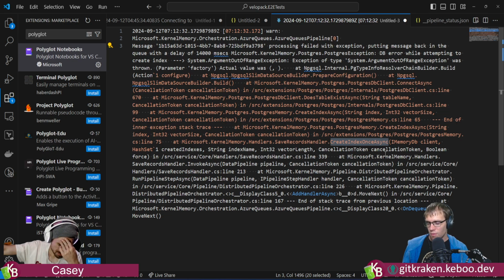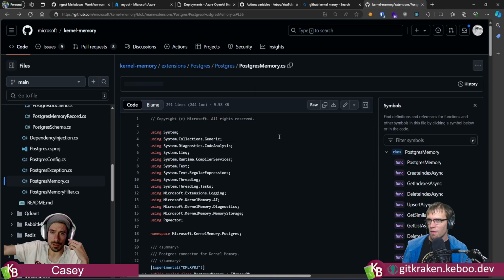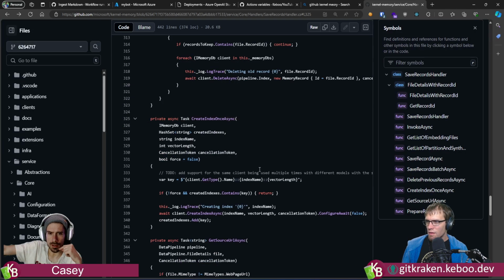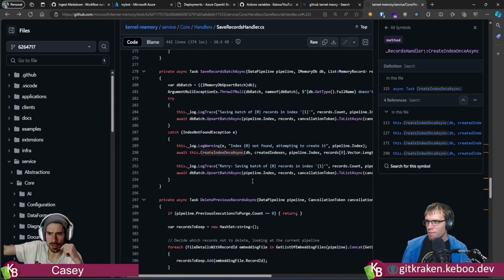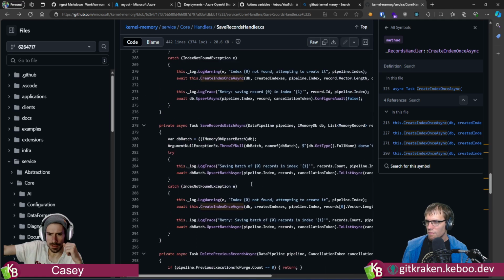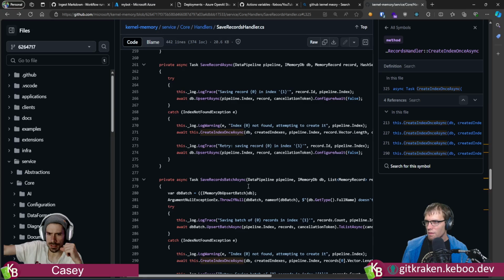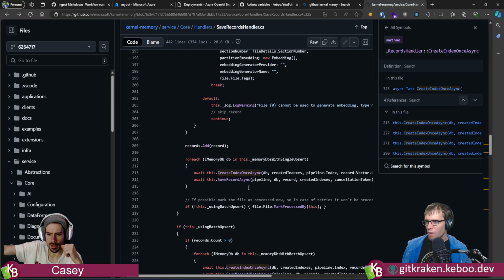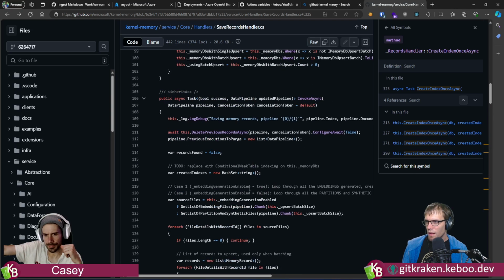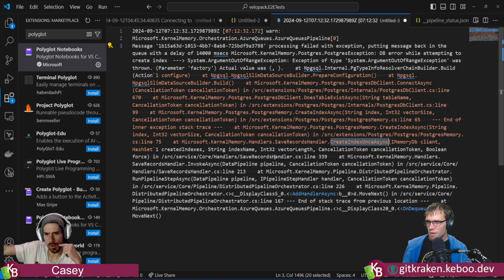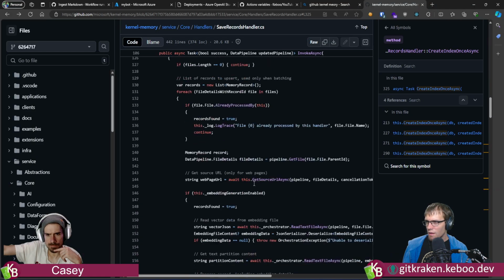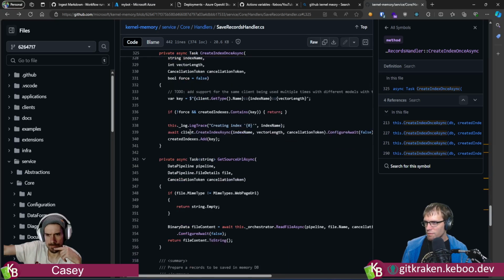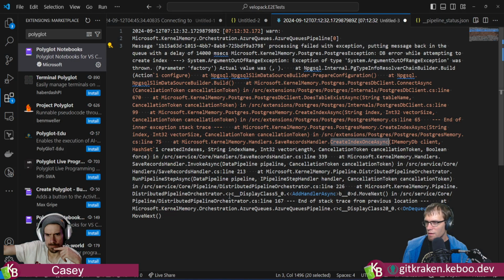Can I jump back here real quick? Because I kind of want to go up one more level and look at. Yeah, I'm down to do that. The next thing I would say is delete the table. Oh, that would be my next thing. Hang on. I'm seeing this call stack may be interesting. Save records handler 339. Well, that's not as interesting. Where's the next one? Save records handler 213.